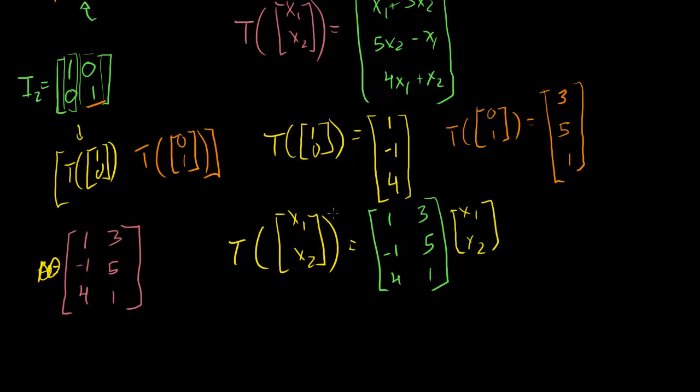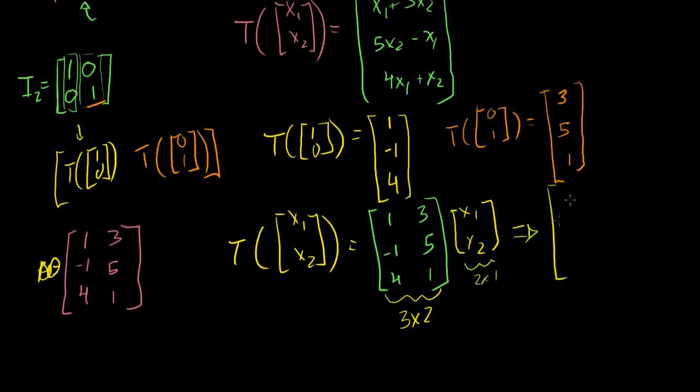And I think it's especially elegant because what happens here is we applied the transformation to each of the columns of a 2 by 2 matrix, and we got a 3 by 2 matrix. And we know what happens when you multiply a 3 by 2 matrix times a vector in R2, which you can almost view as a 2 by 1 matrix. You're going to get